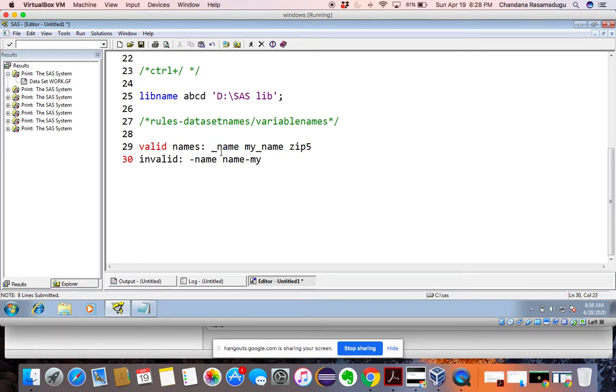No special characters. Even you should not give a space, because a space can be considered here as a special character. Okay, you understand?